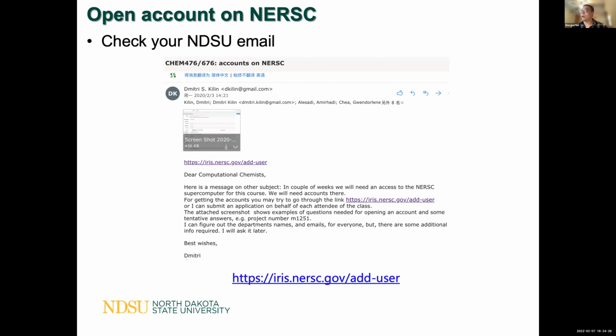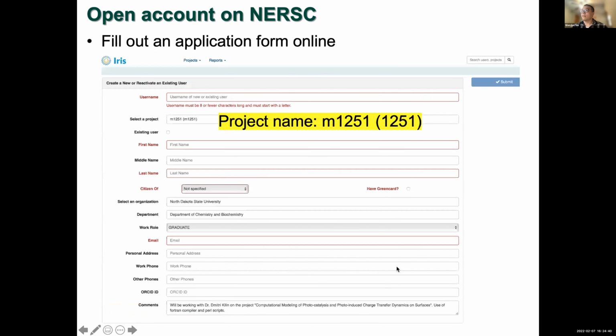If we need to use this, we can get an email from Dr. Killing, and he will tell us the open account address, and we fill out an application form online. It's similar to CCAST, and we can use the same project name.